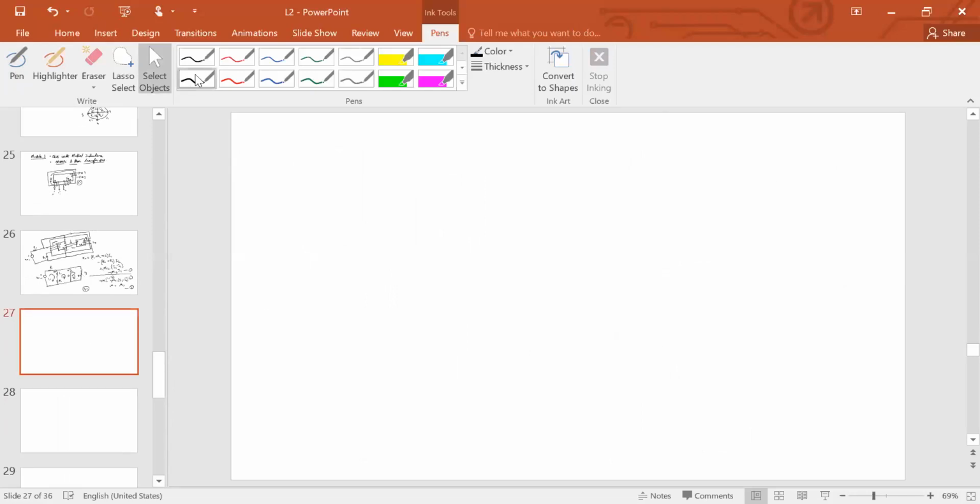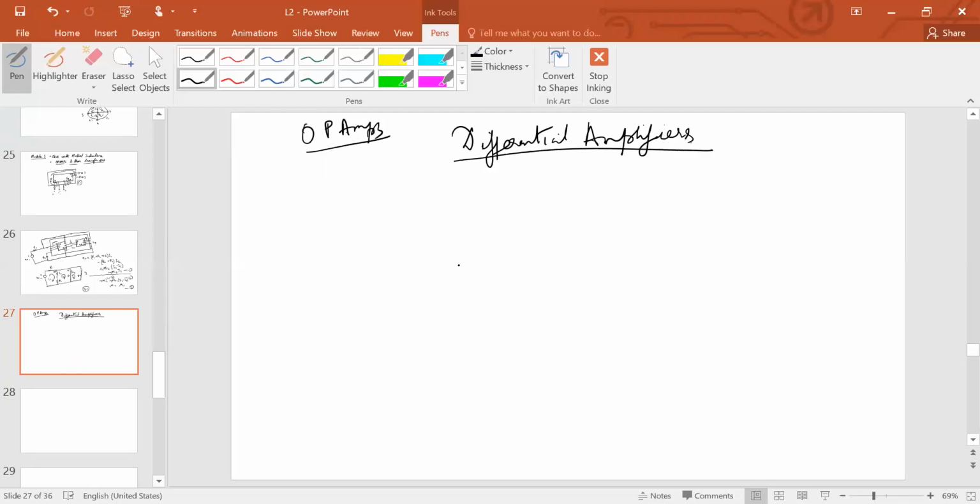The next topic that we are going to take up now is op amps. I'm not going to really cover how op amps are constructed. That's part of an electronics course that you should be undergoing. They are built using differential amplifiers. So an op amp is built using differential amplifiers. That is how you construct an op amp. So why is it an active element? Because an op amp